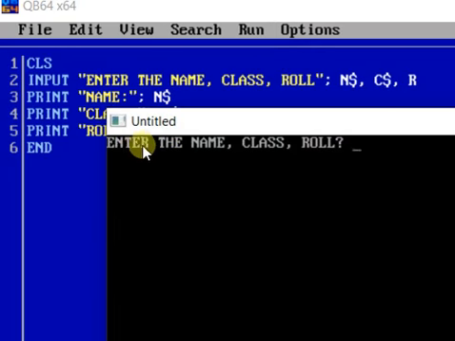Now you can see in one line it is asking name, class and roll. So first is Amit. Accordingly you have to give the values separated by commas.